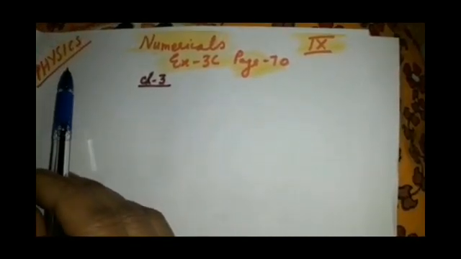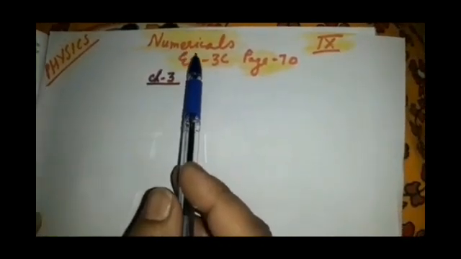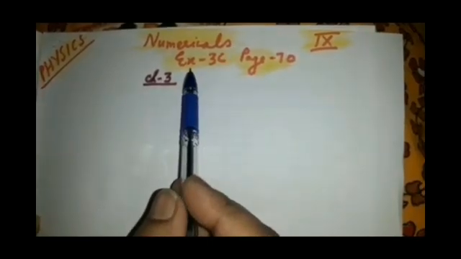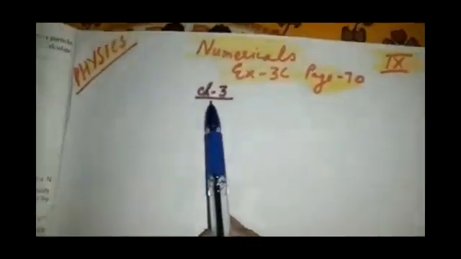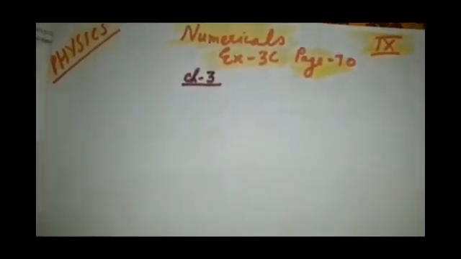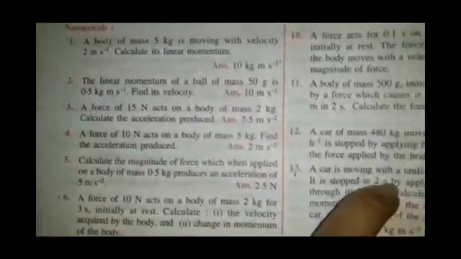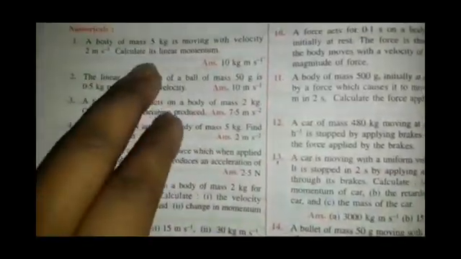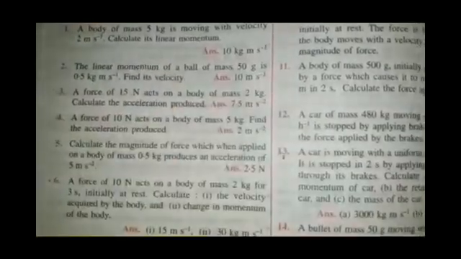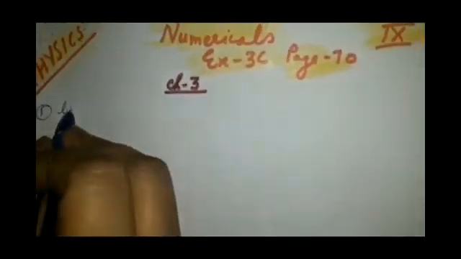Again we will study physics, but we will do numericals of exercise 3C, page number 70, and the same chapter 3, laws of motion. Now children, see this first numerical. A body of mass 5 kg is moving with velocity 2 meter per second. Calculate its linear momentum. Now children, we have to find the linear momentum, so whatever is given, we have to write. Given